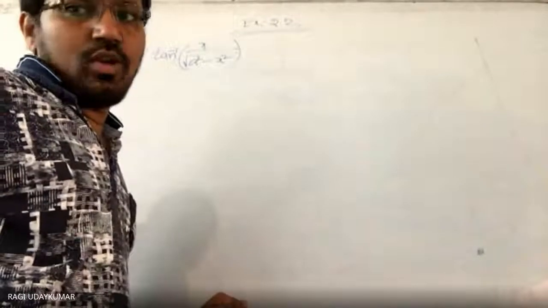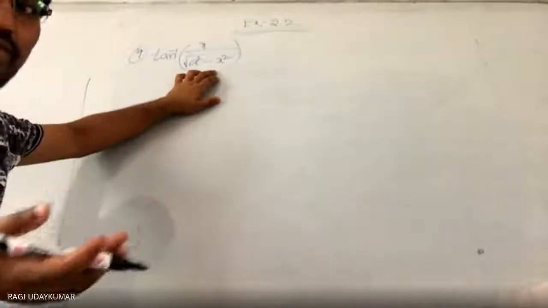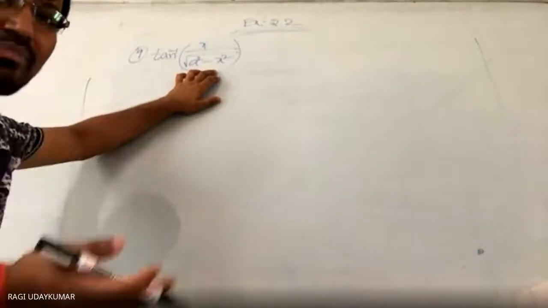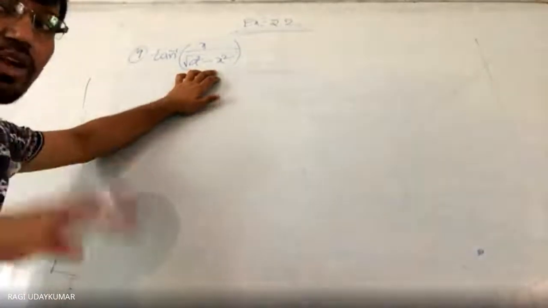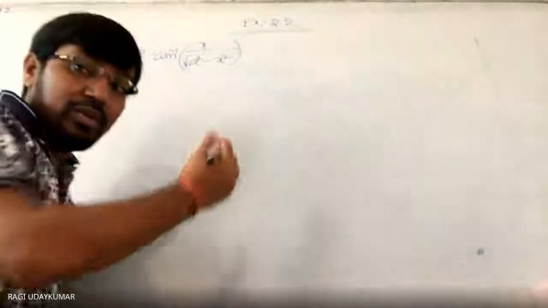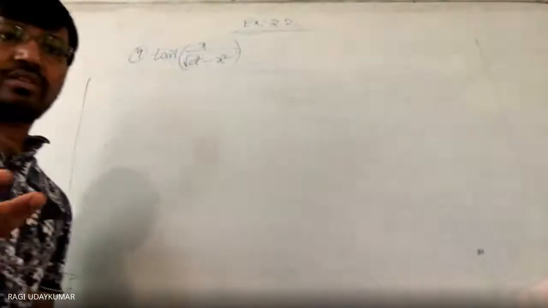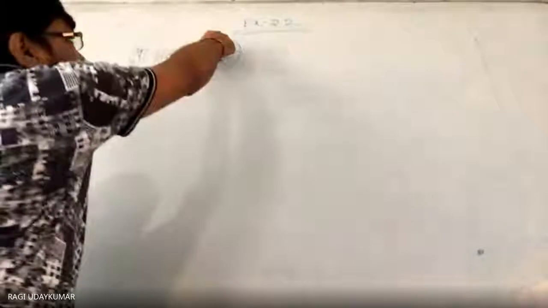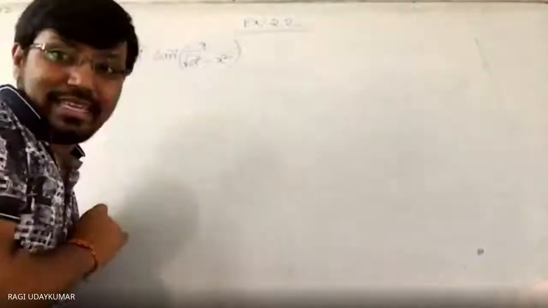Okay. So now here, 1 minus x square. In the place of 1 minus x square, what do you have? 1 minus sine square theta is equal to cos square theta. 1 minus cos square theta is equal to sine square theta. So either it can be replaced by sine or cos. If you replace by sine, what do you get? You have to guess and expect the steps, what changes will come. If you substitute sine, the numerator will be sin and the denominator will be cos. Sin by cos is tan. Here tan inverse is given.